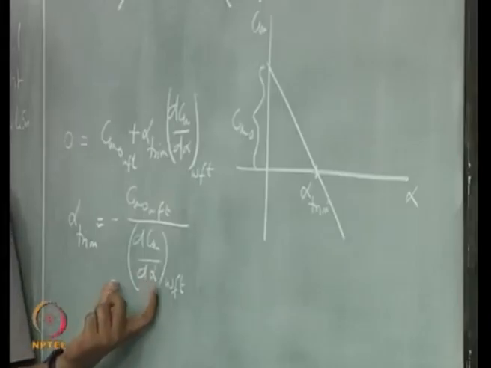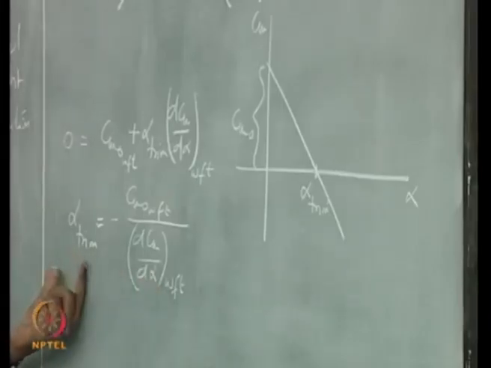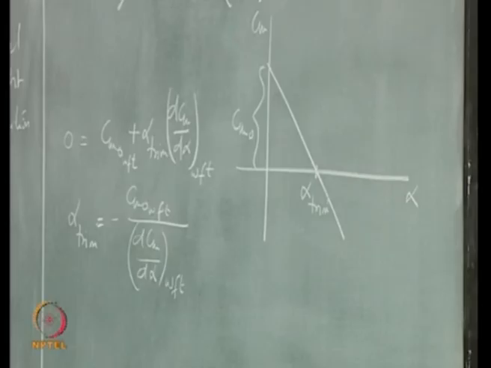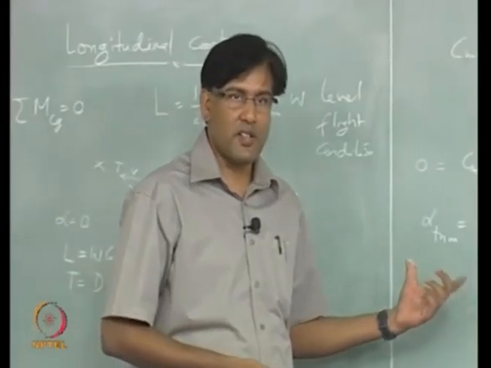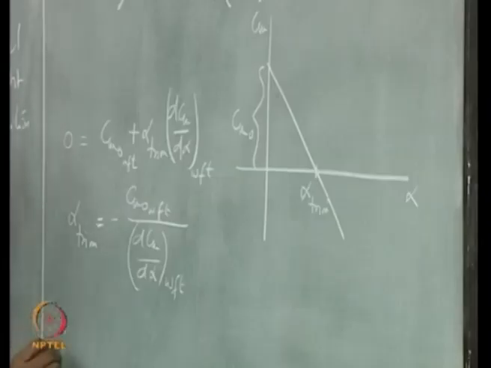So for same static margin or dCm over d alpha, you can get a different alpha trim, right. So that is one possibility, but would you want to do that on some airplanes where there is no tail, right, tailless airplane? This is what you are going to do actually. You can change the wing camber. So one thing is,